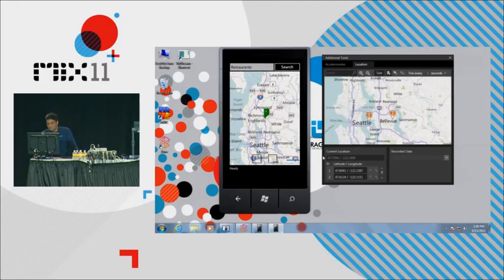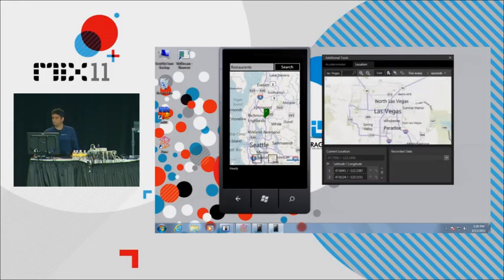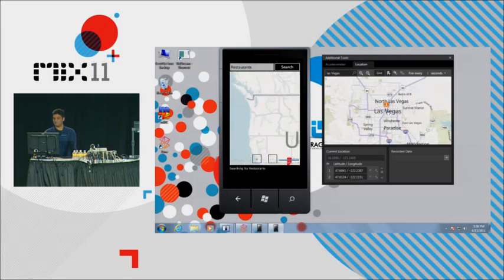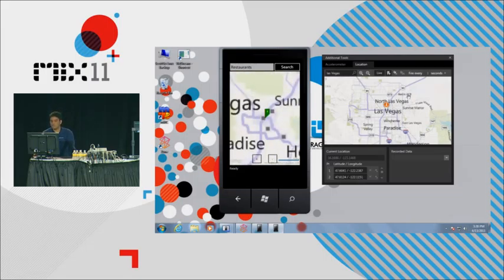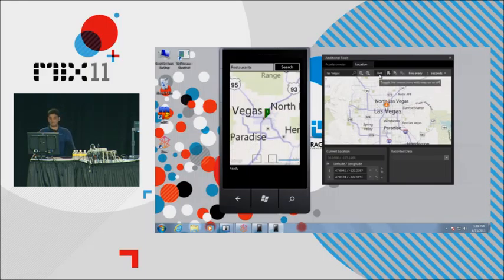So here you can also see that we are giving the information about the current location, all the latitude, longitudes that you have pinned here. What you can also do is you can search here and go to Las Vegas, for example. What I was doing till now was the live mode. You can move from live mode into